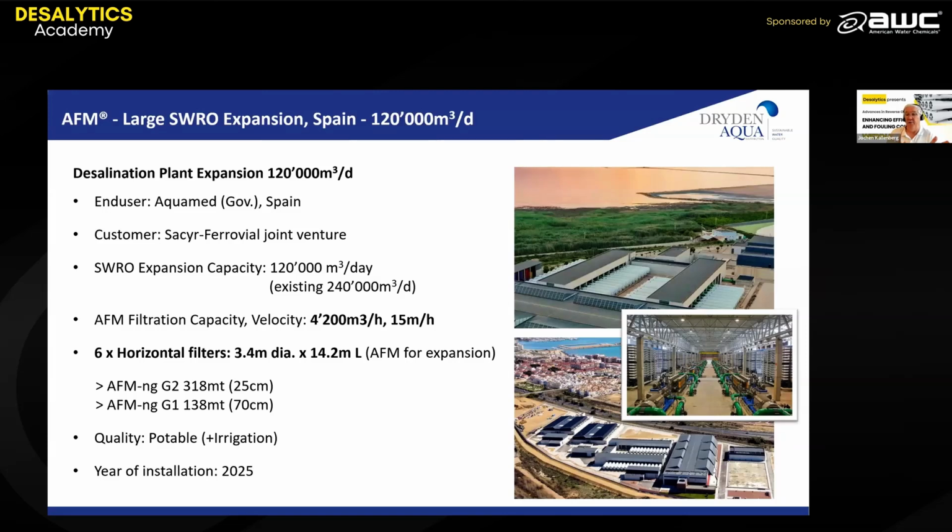Actually, as I said before, the ROI was almost on day one, because they saved half of their horizontal filters, which come at even more cost than our filter media, which is more expensive than sand. We can run it at the same filtration performance, but at higher filtration velocities compared to the sand filters in place. So these are 4,200 cubic meters per hour at 50 meters per hour filtration velocity,